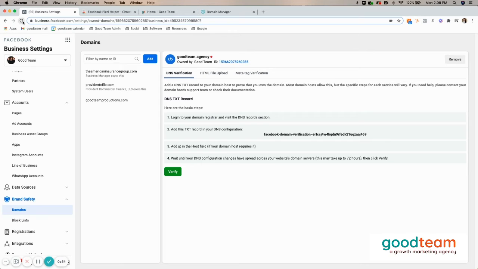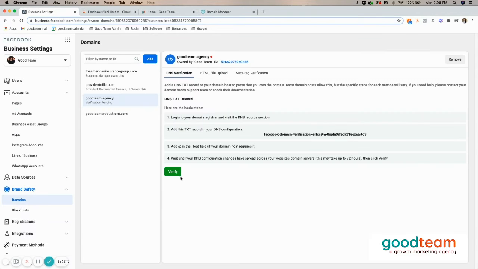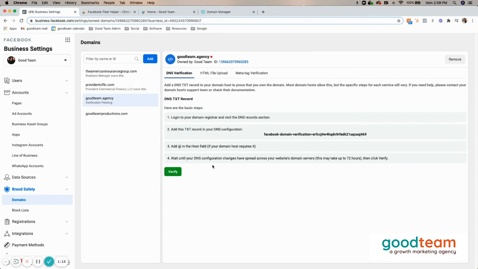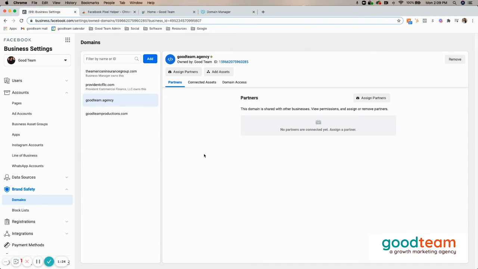Typically, it doesn't take too long, but I just like to refresh the pages, give it a second, and then click verify. So we're going to wait a minute until it verifies. Okay, so once it's verified, you should get this little pop-up. You can click done. And that is what you need to do to verify. You can see now that if you refresh the page, that dot is now green,